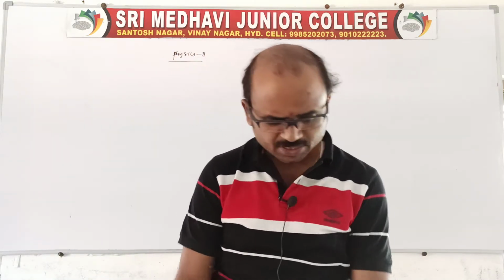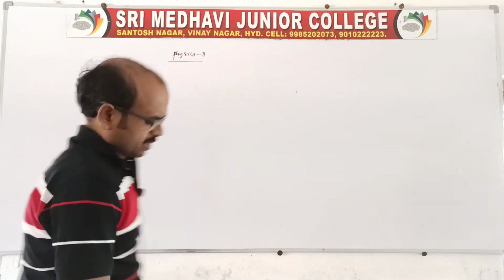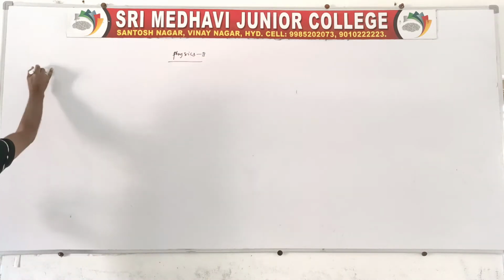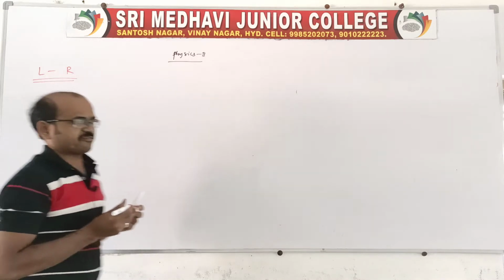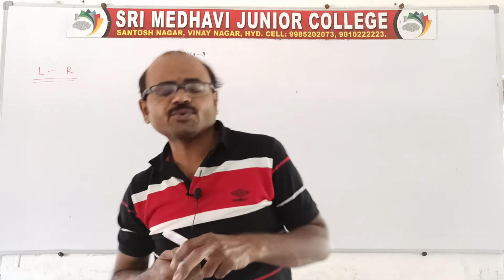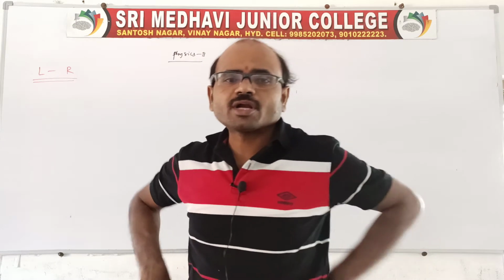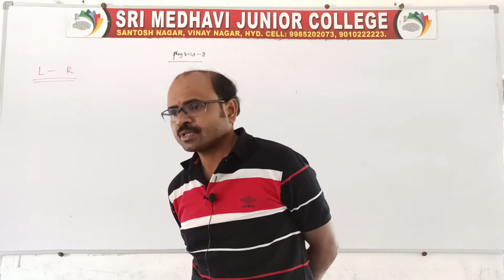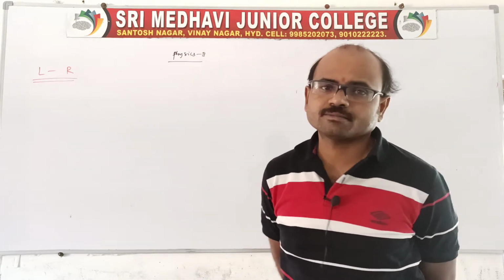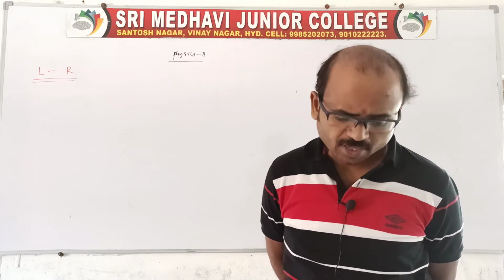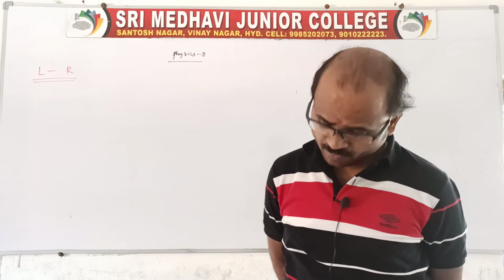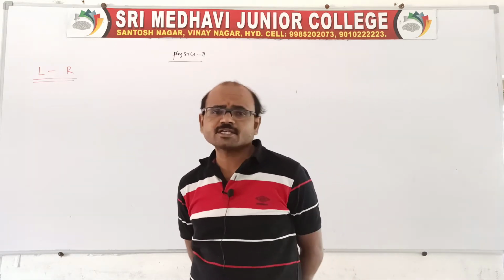Now I want to say today's topic is the LR circuit. Write LR, with an alternating EMF. An LR circuit is nothing but a circuit of L and R to which an alternating EMF is applied. That means L is an inductive circuit and R is a resistive circuit, with L and R connected in series.